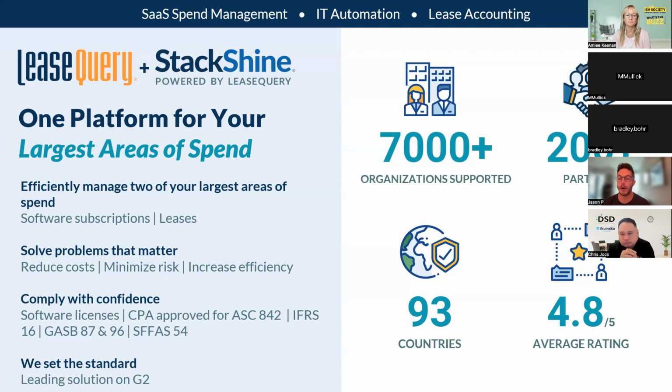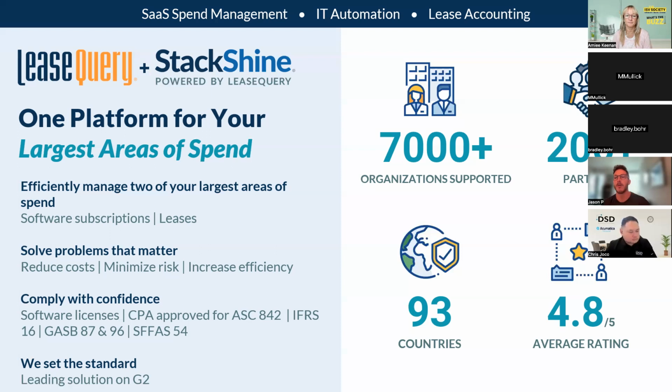We also partner with a lot of ERPs such as Acumatica, as well as a number of others. And we also partner with CPA firms as well as consulting firms. You can see we have historically great ratings within G2, as well as just our traditional average rating of 4.8